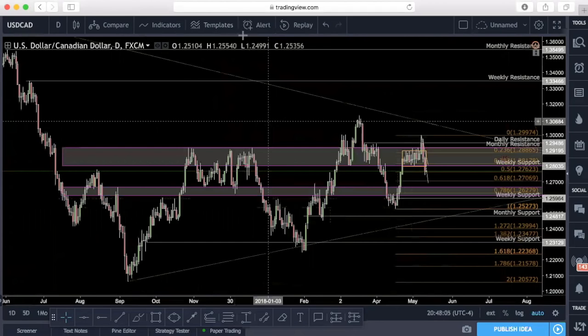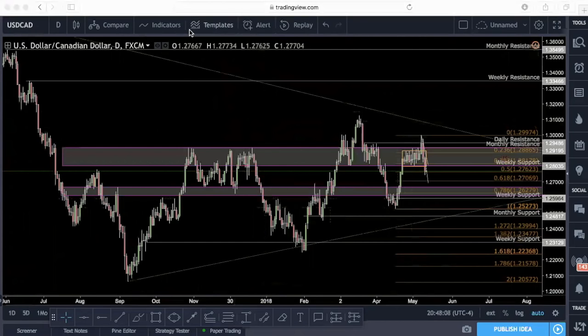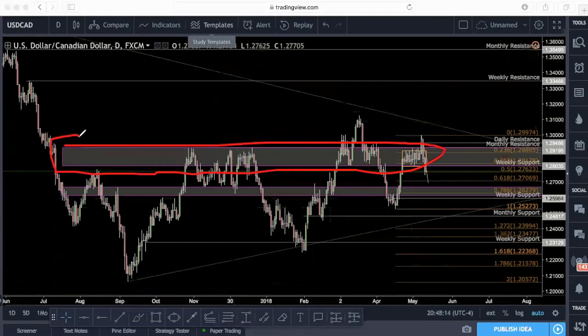And so taking a look at it from the daily time frame right now, we can definitely see here, guys, that the 128 to 130 handle was definitely regarded as a very tough area to crack for one reason.